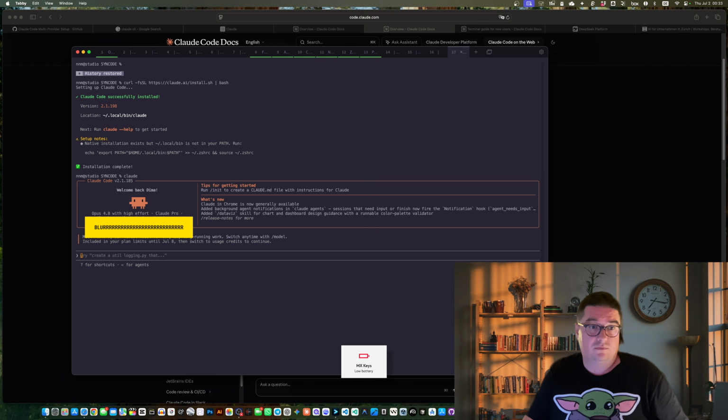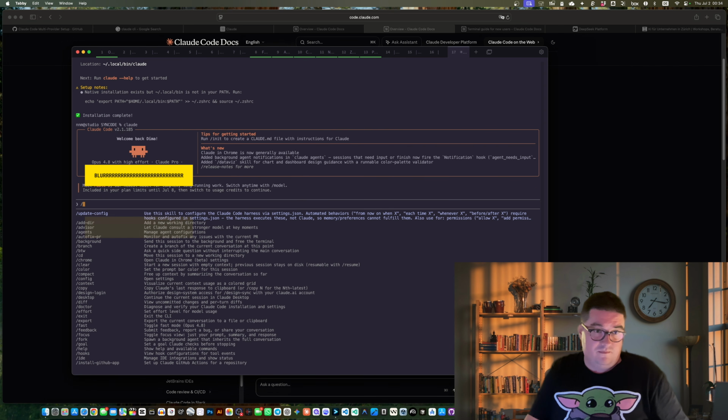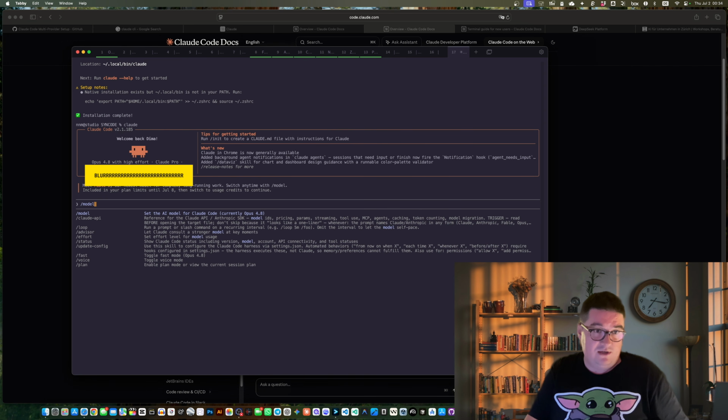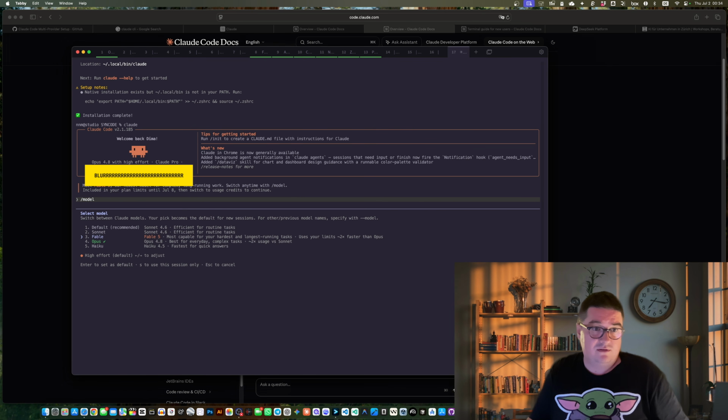So this is the way you can basically use Claude. You can use models here, so you can switch the models. I have Opus now, you can have Fable, they just enabled it again, Sonnet, Haiku, and so on. But this is not what we want. This is plain vanilla Claude. And what we want is to configure